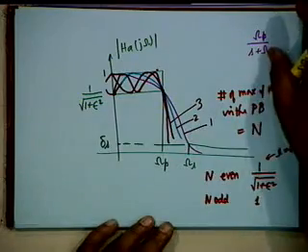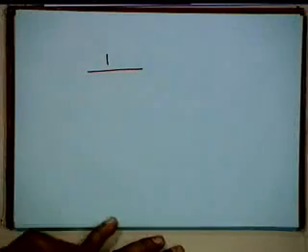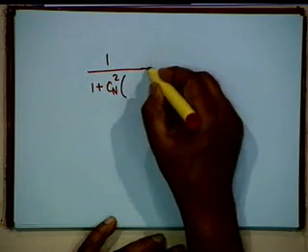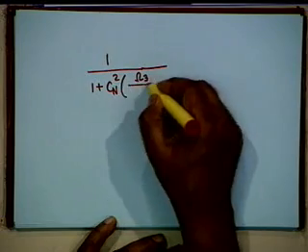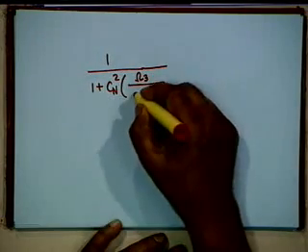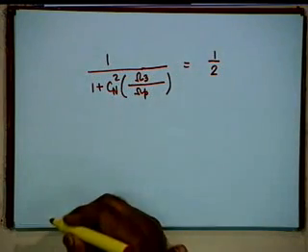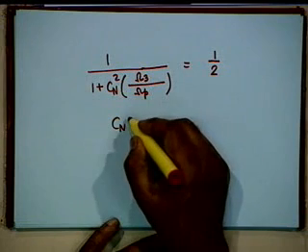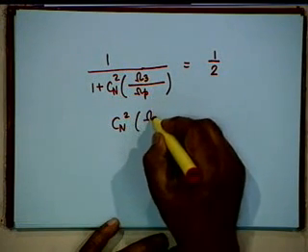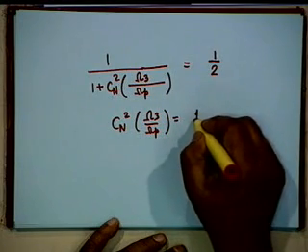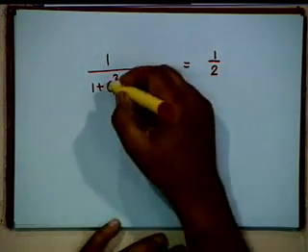If someone asks you to find out the 3 dB frequency, then obviously the equation defining the 3 dB frequency would be 1 plus Cn squared of omega 3 divided by omega p, that should be equal to 1 by 2, and therefore Cn squared of omega 3 by omega p shall be equal to epsilon squared, right,